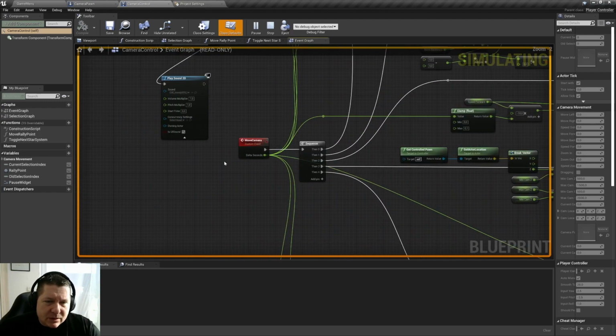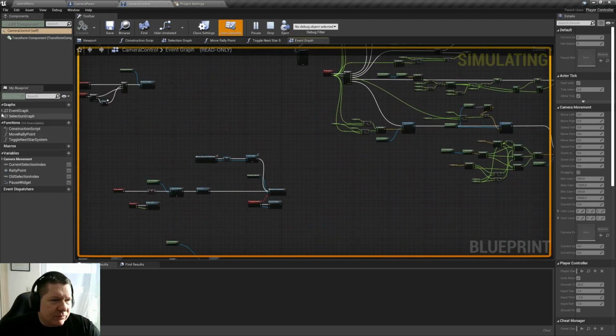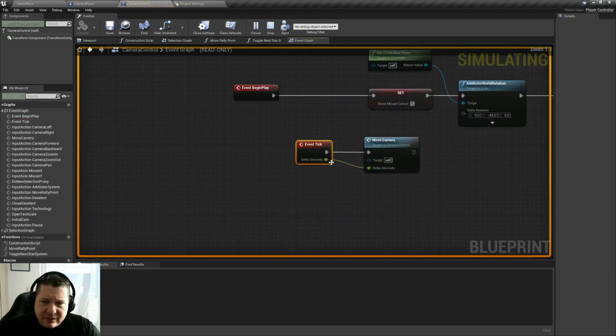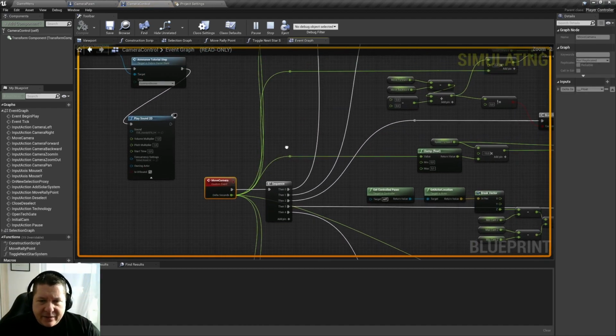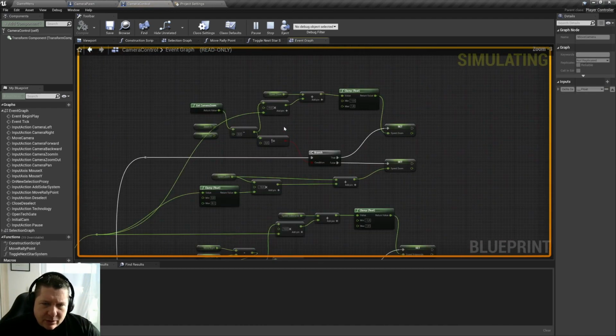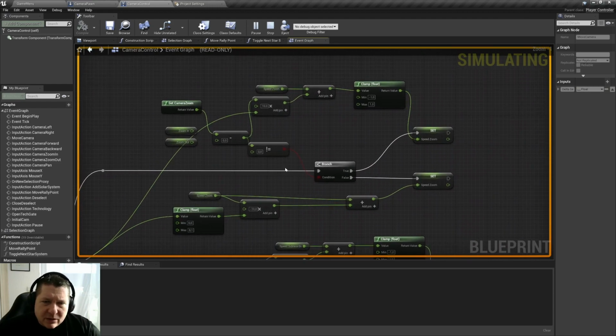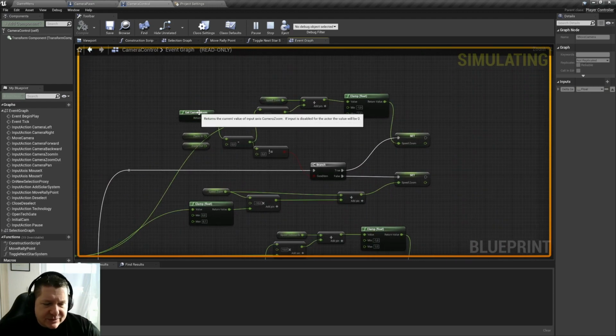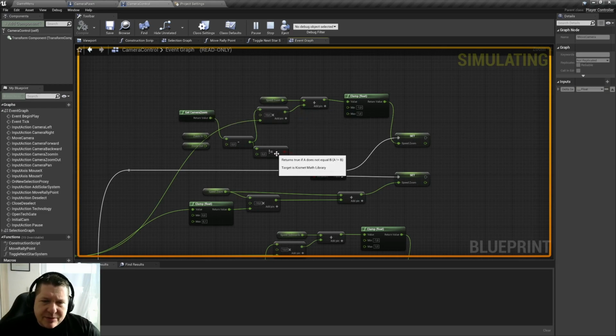Now the actual moving itself happens within this tick function here. Essentially, I'm just passing this delta seconds, the time between frames, to this move camera function. Now there's some logic happening here. The first thing which happens is that I take the camera zoom value, so the axis value from your mouse wheel, and I'm checking whether this is not 0. So if there's an actual zooming requested by the user, then I'm going into this upper branch here where I just